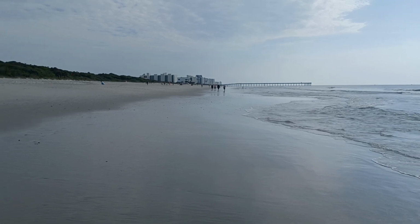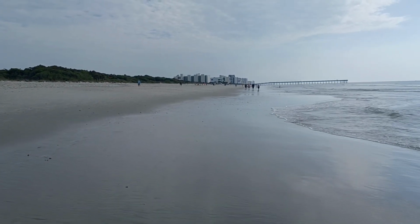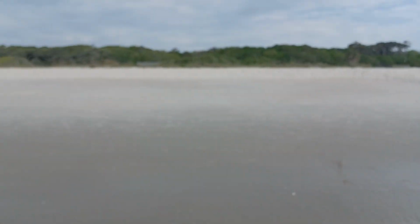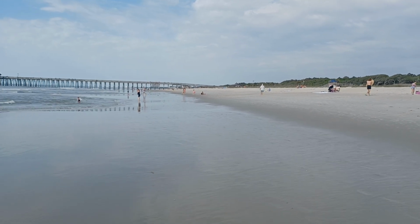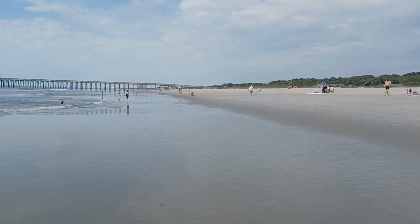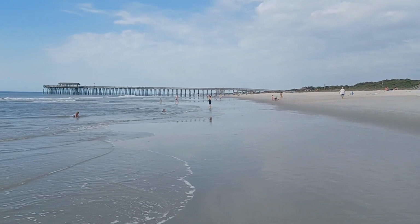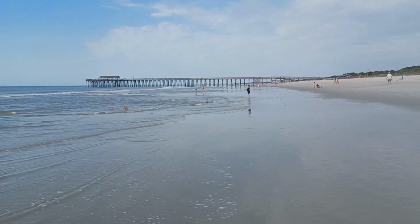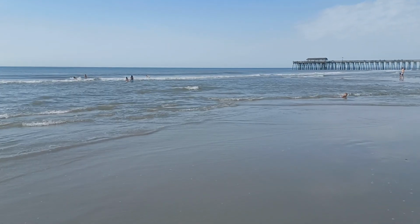First thing I've noticed is the beach is fairly empty now. I will say this, it is early morning and Myrtle Beach is known as a party town. So a lot of the spring breakers that are here are probably still asleep. It's a little cool. It's about 70 degrees. Nice little breeze blowing. And the water temp